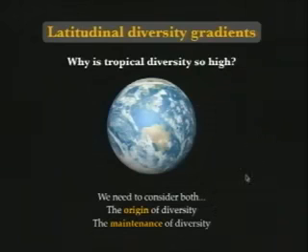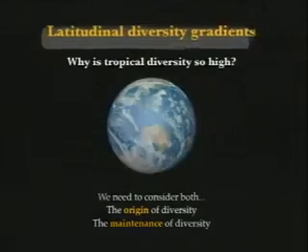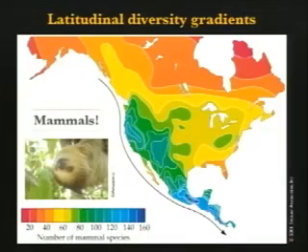When you think about why it's so diverse, you have to think about how the diversity originated in an evolutionary or deep time sense, and how it's maintained, how that diversity carries on and isn't lowered through time. Again, if you don't believe me that diversity is higher, here are some examples. For mammals, the number of mammal species, the colder colors here, the blues, represent more diverse, and you can see how it gets bluer toward the tropics. More diverse, with a peak in the Central American tropics, in the forests of Central America.